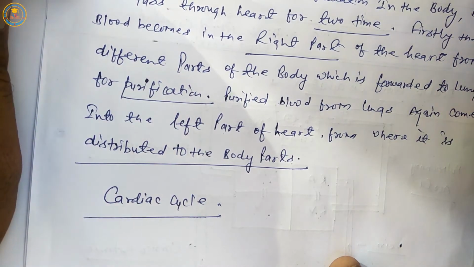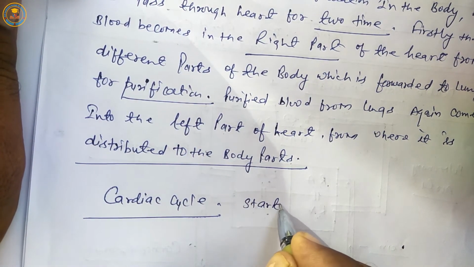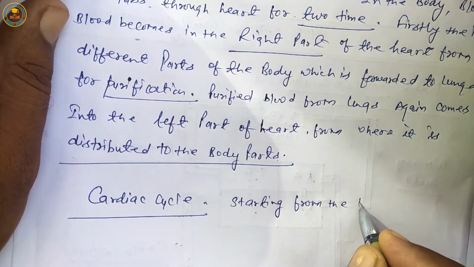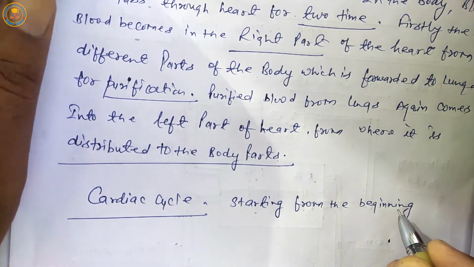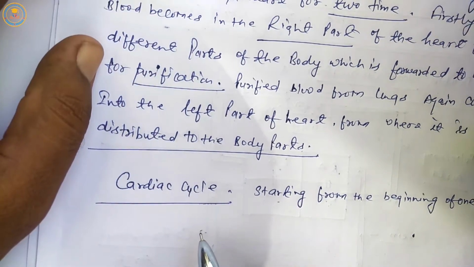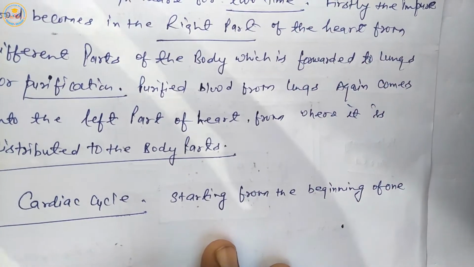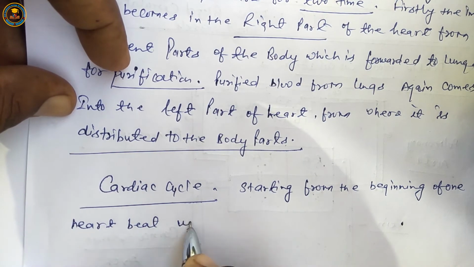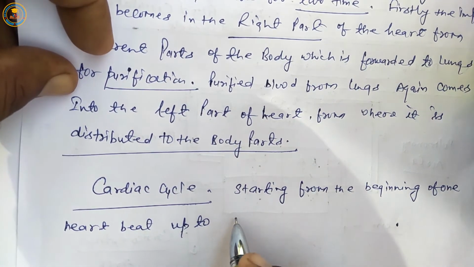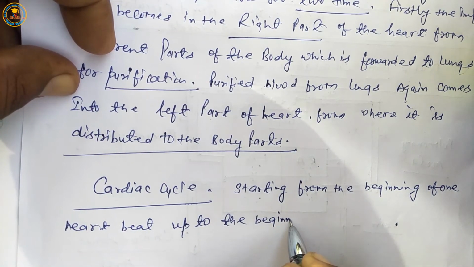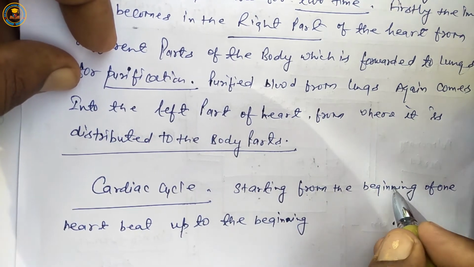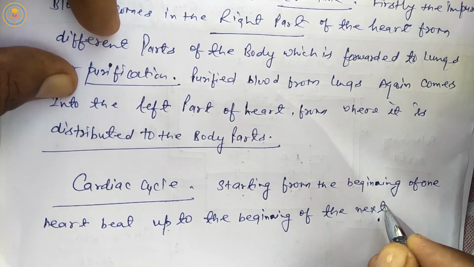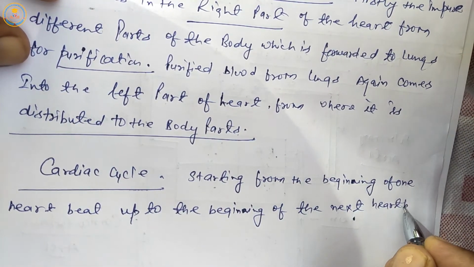First of all, the definition of the cardiac cycle: starting from the beginning of one heartbeat up to the beginning of the next heartbeat,